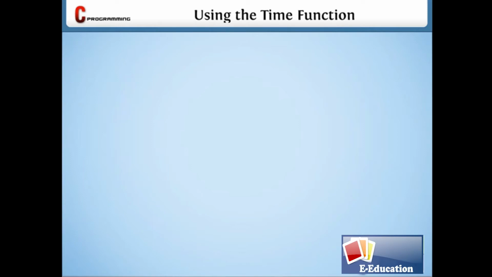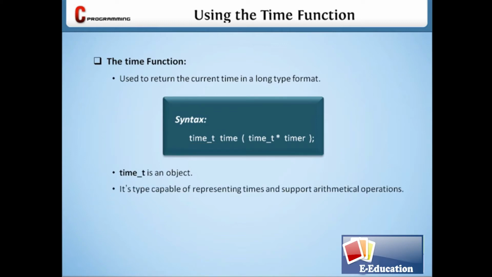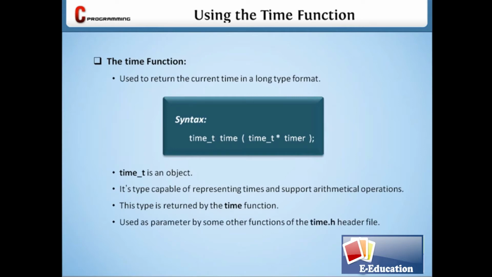In this lesson, we will discuss the time function, which is used to return the current time in a long type format. Let's take a look at this syntax. Here, the time_t is an object. It is the type capable of representing times and supports arithmetical operations. This type is returned by the time function and is used as a parameter by some other functions of the